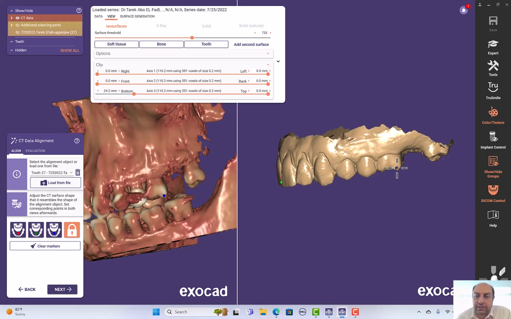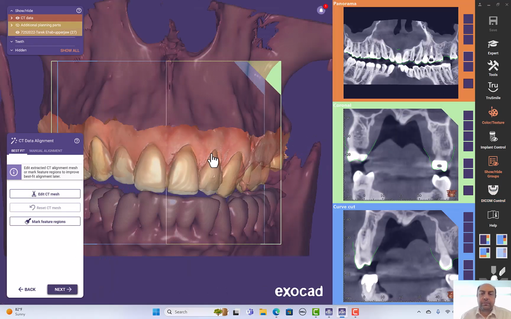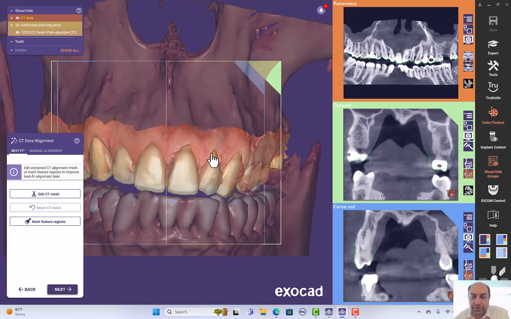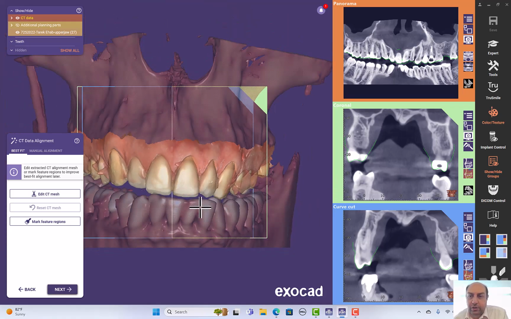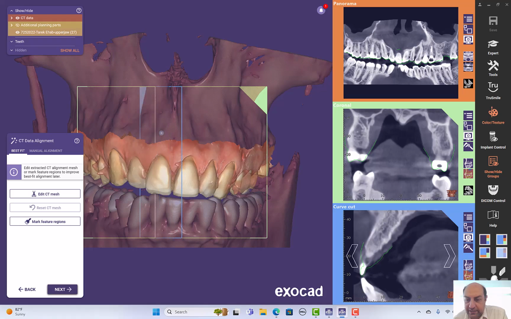If I want to clear the markers, I can just delete them from here. If I want to load an aligned object from a file, I can load it from here. I'll just click next. And here comes the step of verification. You have to verify. It's not like you just click and go on. You have to verify. You can go through the 2D cuts and see,